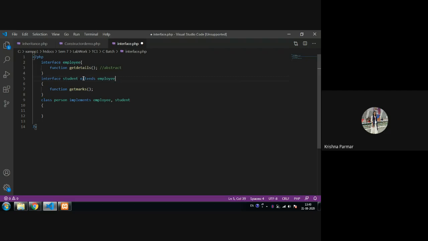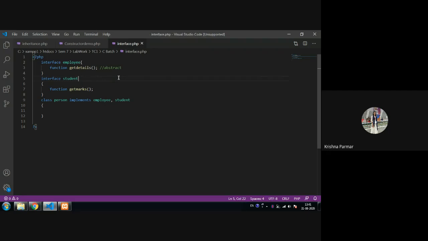So this way also it is allowed. If you want interface-to-interface communication, at that time you just use extends. Don't go for implements. Whenever it is in your class, then you use the implements word. Okay. So if you want to extend another interface, use this extends keyword.